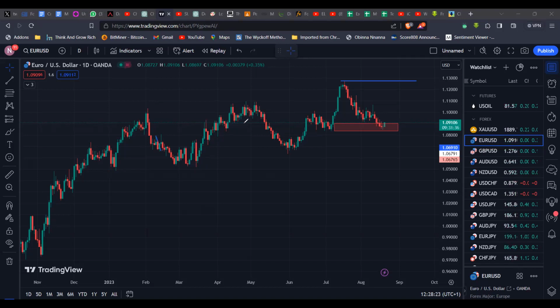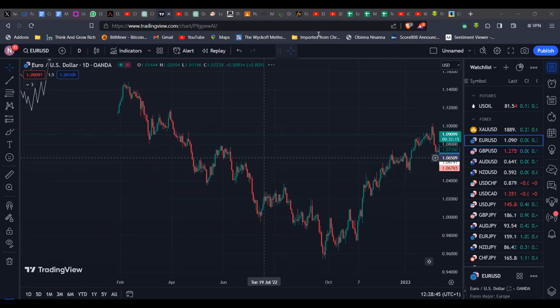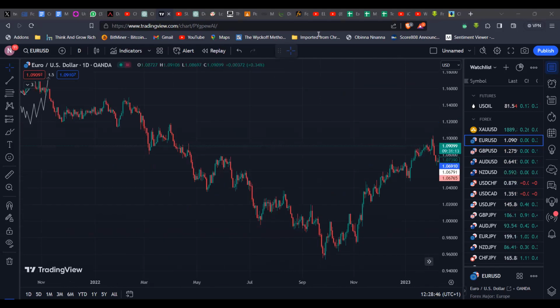So similarly, we are at this low, which we expect to hold. And if it does, we can expect, for the next couple of weeks, price to try to find its way back up here. But first of all, we need to see this place hold, and we need to confirm that it will hold, because if you go back a little bit here, this market was very, very bearish, making lower lows and lower highs, over and over.